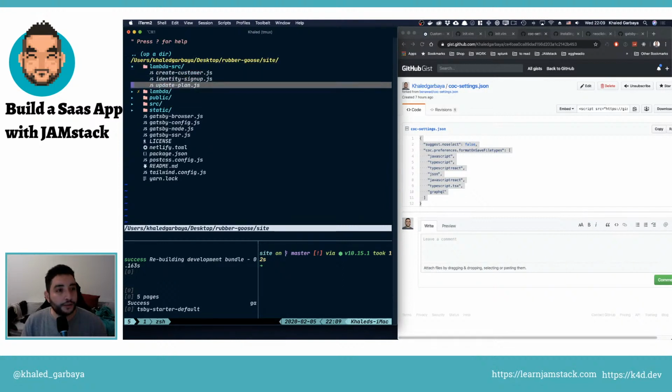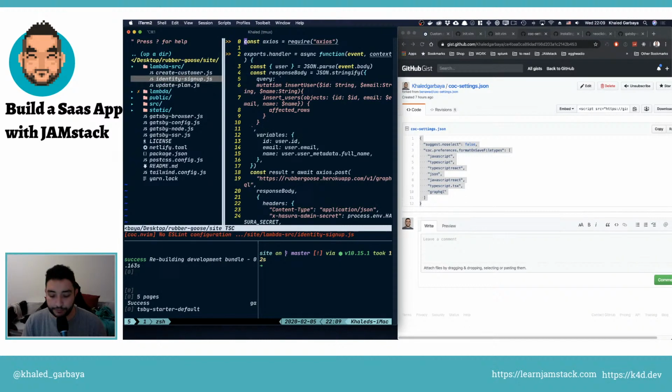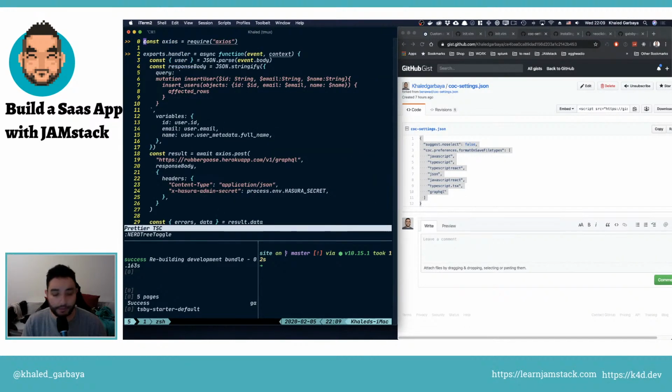Lambda src identity sign up. I think now if we do GD here, I would maybe go to definition, but